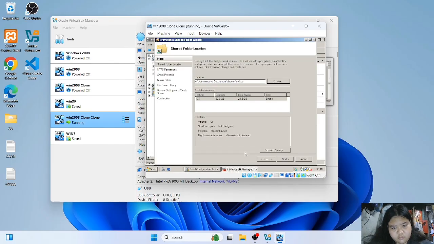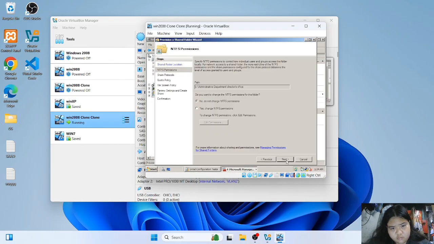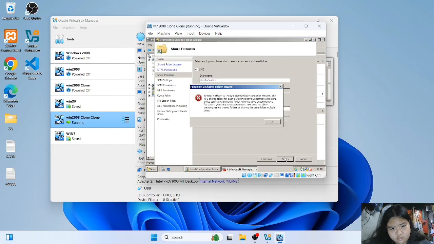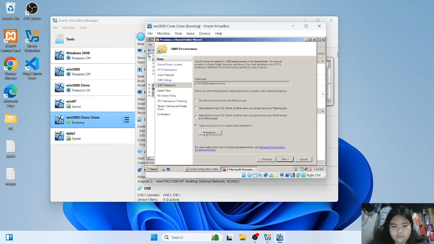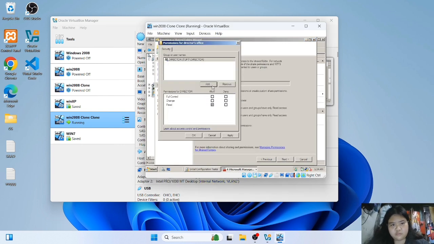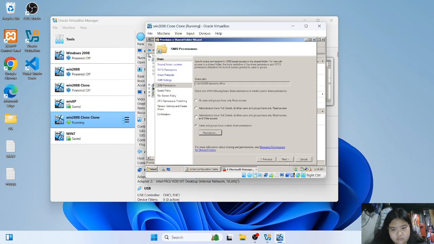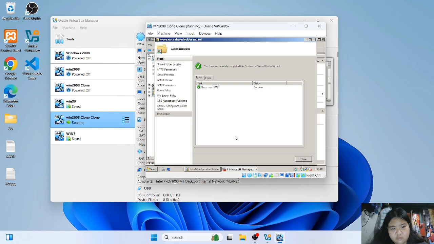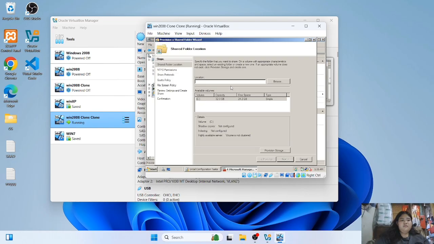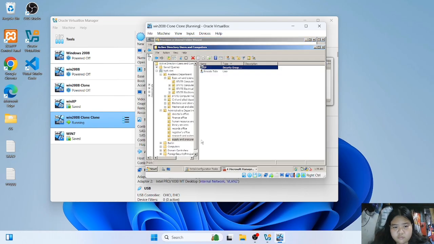Next, we're going to create all of the public folders for each section. The process is the same as with the academic and the administrative department folders. So I'm just going to fast forward the process to lessen the video. After creating the provision shares on each department and section of public folders,